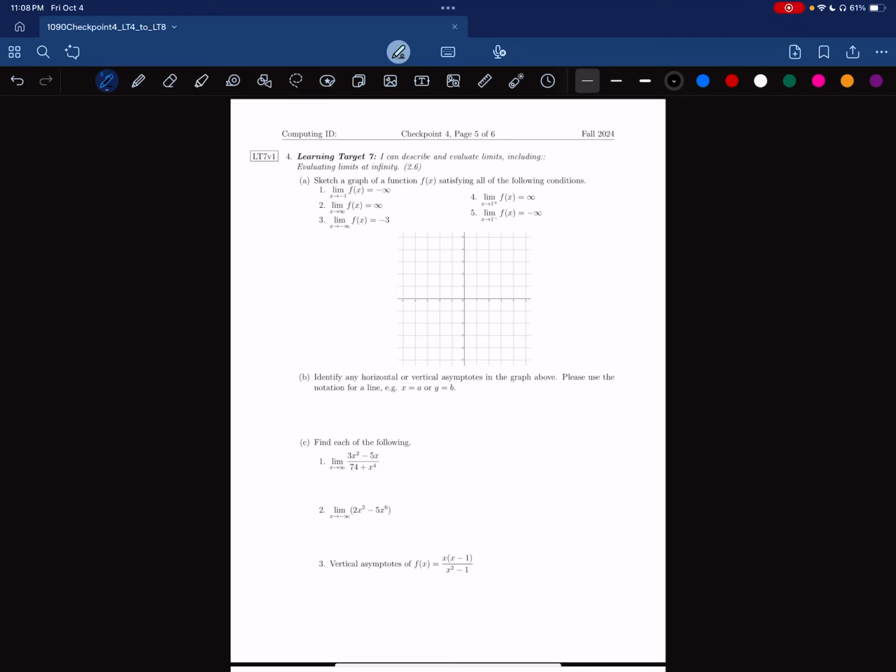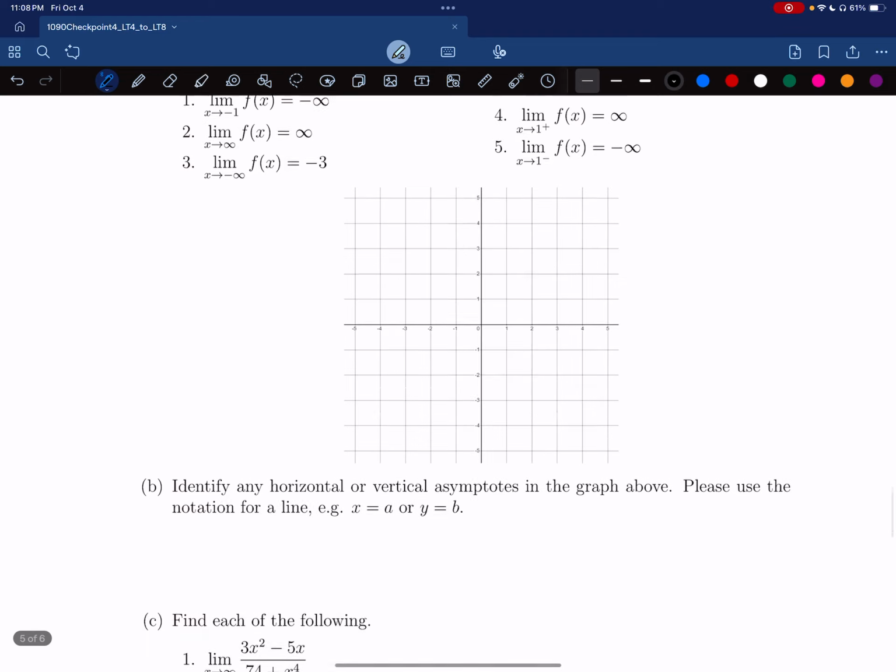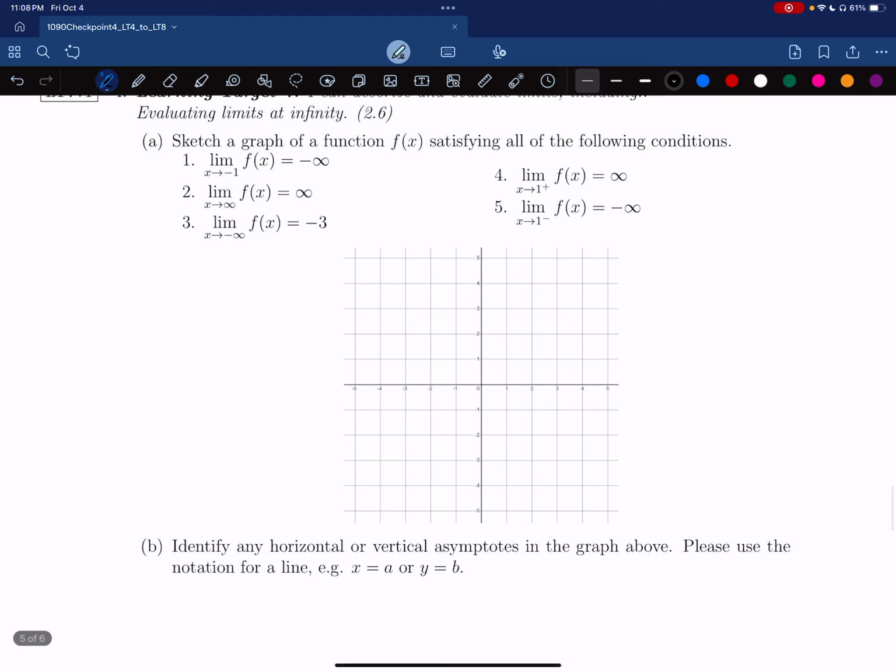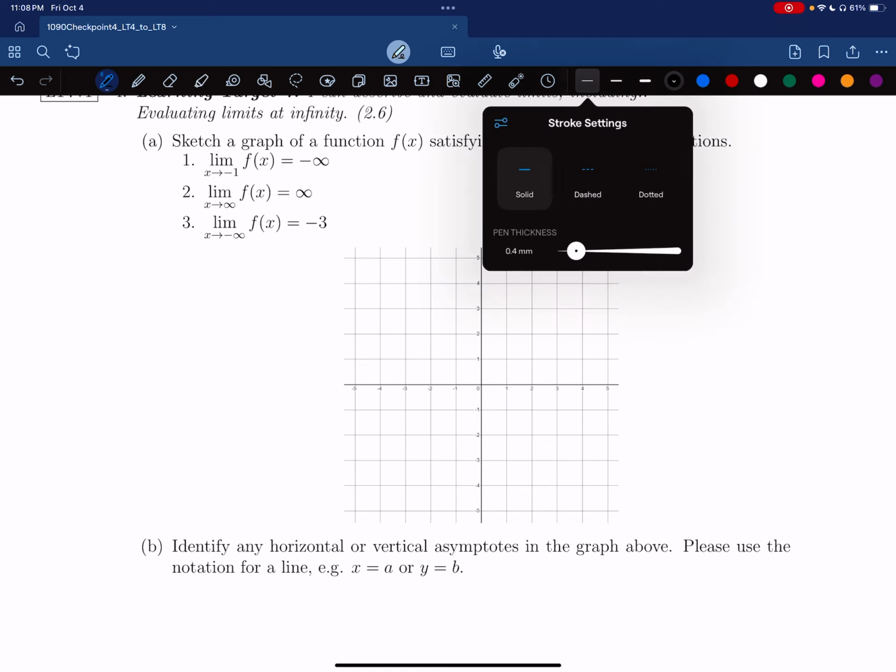Hey everybody, today I will be going over learning target 7, which relates to evaluating limits at infinity. So we are asked to sketch a graph of a function f of x which satisfies the 5 following conditions. So what I'm going to do first is mark down the relevant points that it gives us